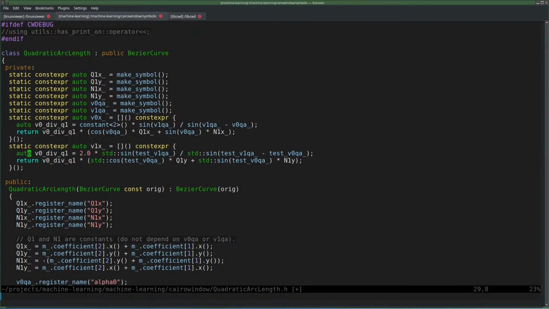This is some formula type, and this is the constant 2 times the sine of V1Q divided by the sine of V1QA minus V0QA. Return